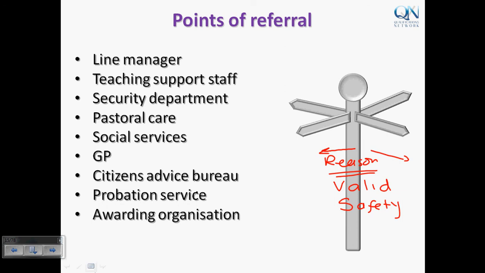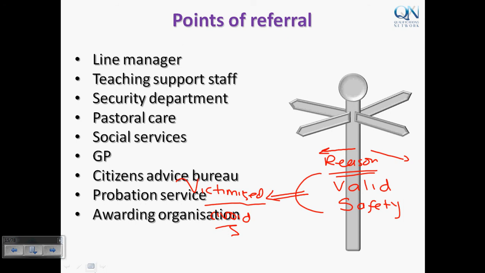We're talking about the security department: promote safety, not victimization. Because if you don't do this properly, a candidate might feel as if they're being victimized. You must avoid this at all costs. So when you come to a stage where you feel there is need for you to